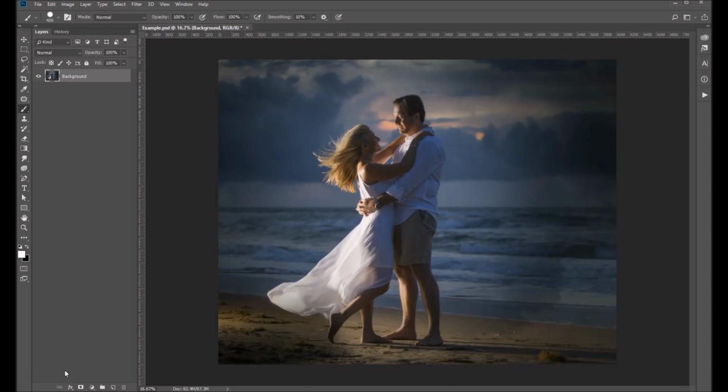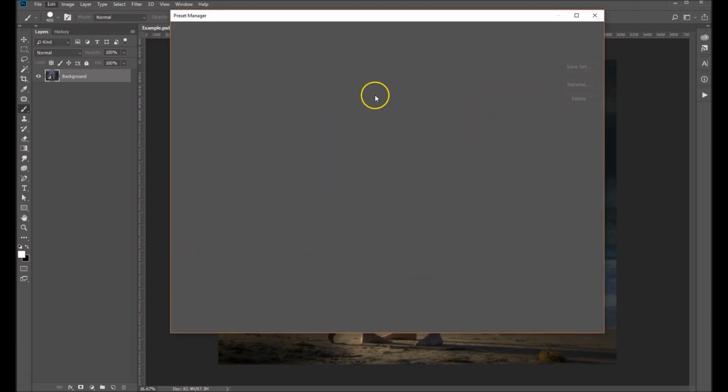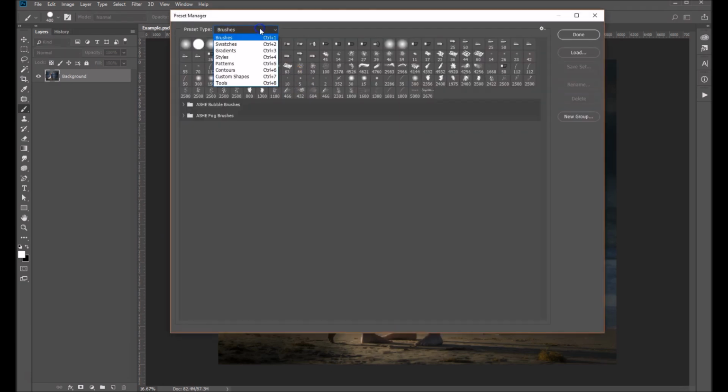Here I will show you how to load and use AsheDesign Photoshop brushes. So let's get started. Let's go up to Edit and down to Presets and into our Preset Manager. Now from here there's a drop-down menu where you can load all sorts of presets, but we're going to stay in brushes. So let's go over to Load